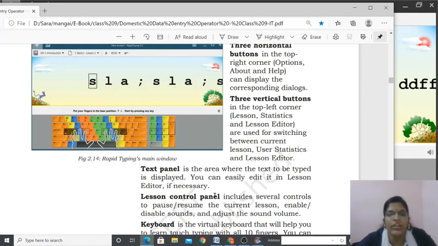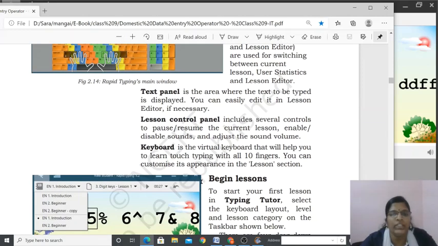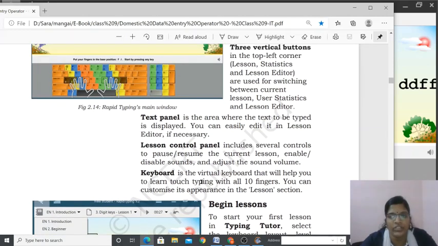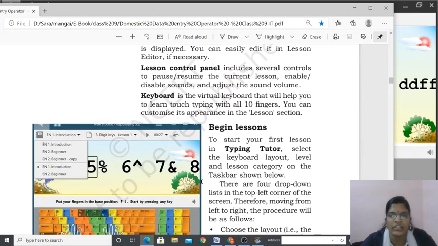This is the lesson control panel. Then the keyboard. The keyboard is the virtual keyboard that will help you to learn touch typing with all 10 fingers. You can customize its appearance in the lesson section. If you want, you can configure and customize that.